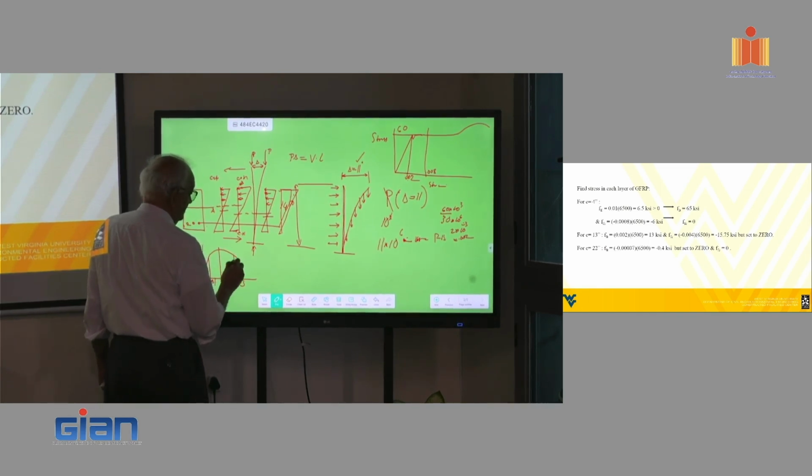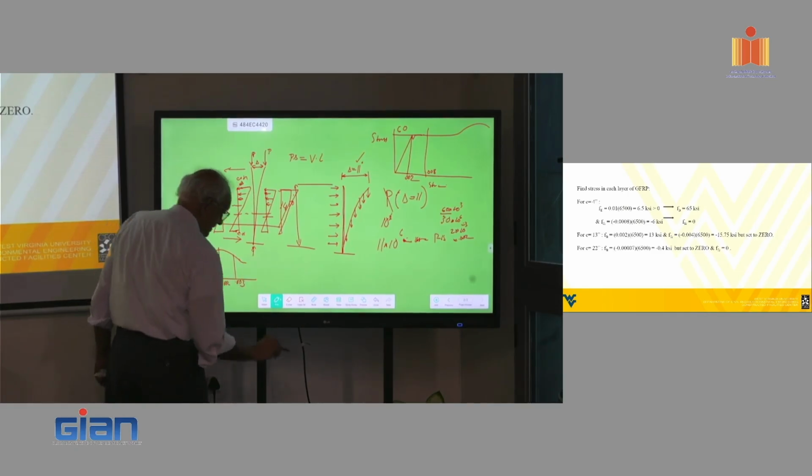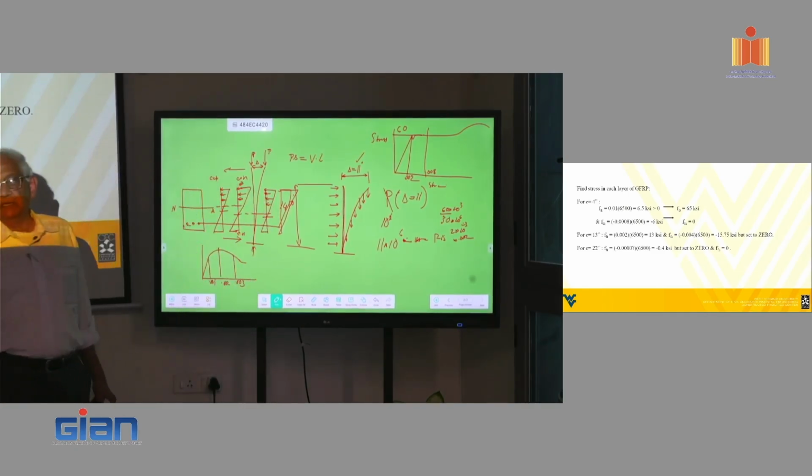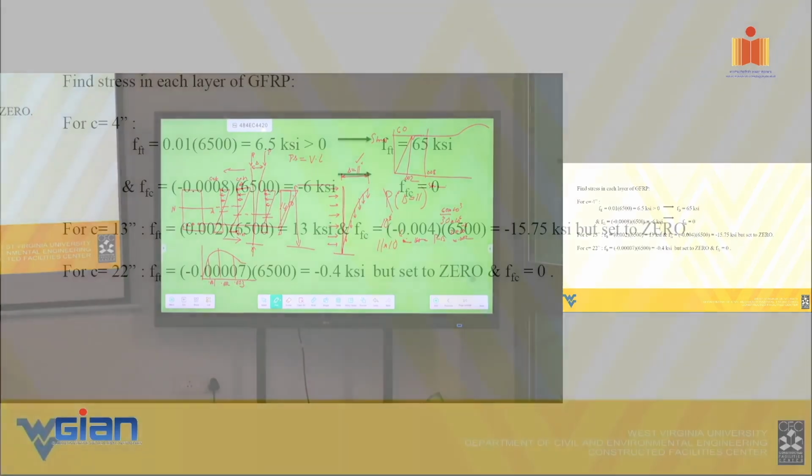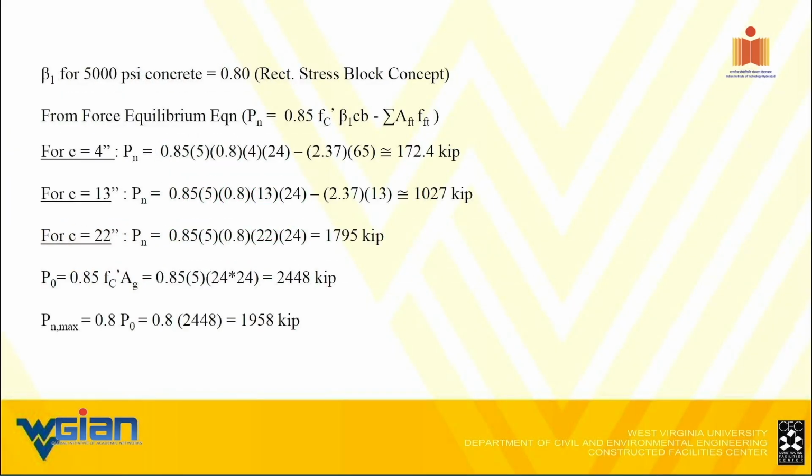We are limiting our analysis to 003 from a strain point of view. It failed already, you see. All right? Yes, sir. So, from the force equilibrium,